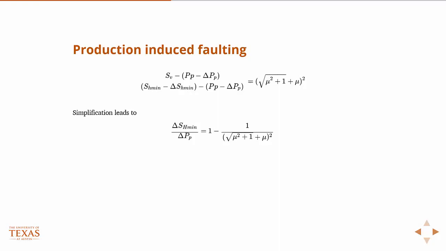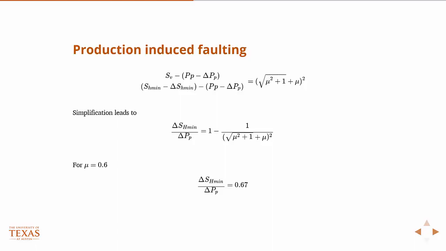Okay, and so then if you plug in a value of 0.6, remember when we were talking about friction, it's always 0.6, right? Not really, but it's sort of what we always use. So we plug in a value of 0.6, then this whole thing simplifies down to 0.67. So this is sort of the critical value of the stress path, such that given a Poisson ratio and Biot coefficient,